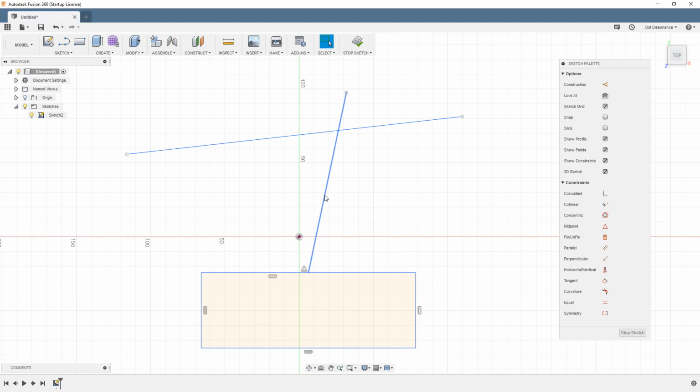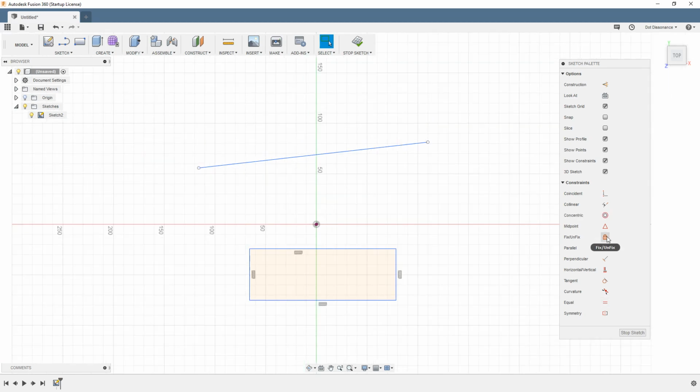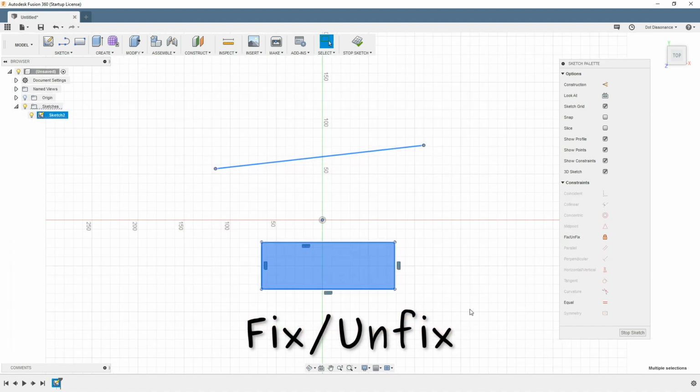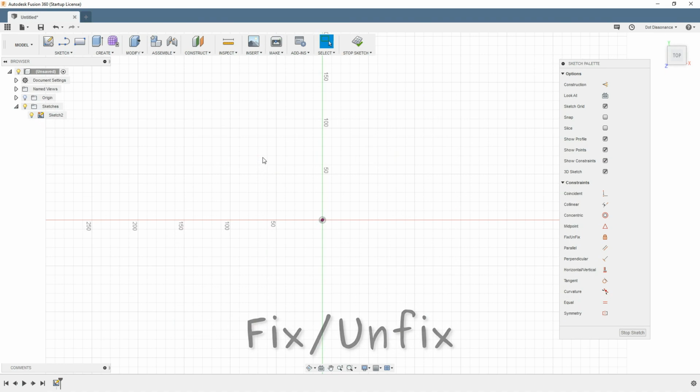All right, I'll get rid of that. And the next one over here is the fix/unfix that I said never to use. It's always tough saying never. It's always tough saying this is the way you do it and this is the way you don't do it. A lot of things depend upon the industry that you're in, but in many years of doing this,